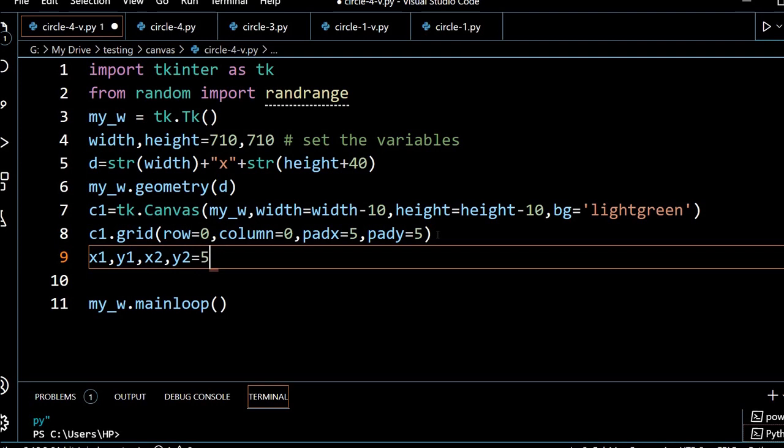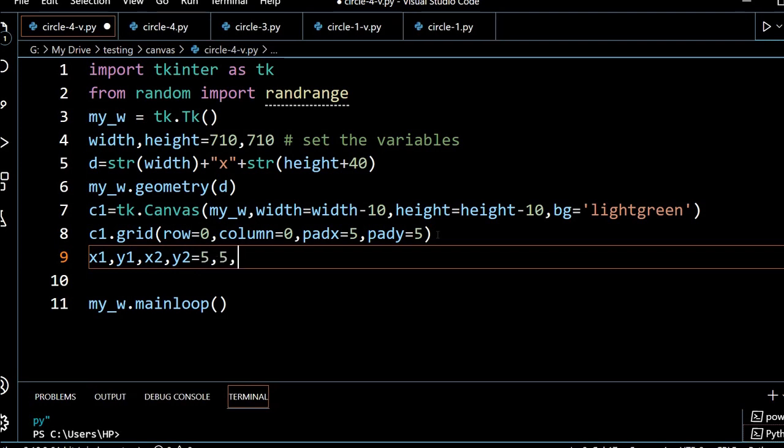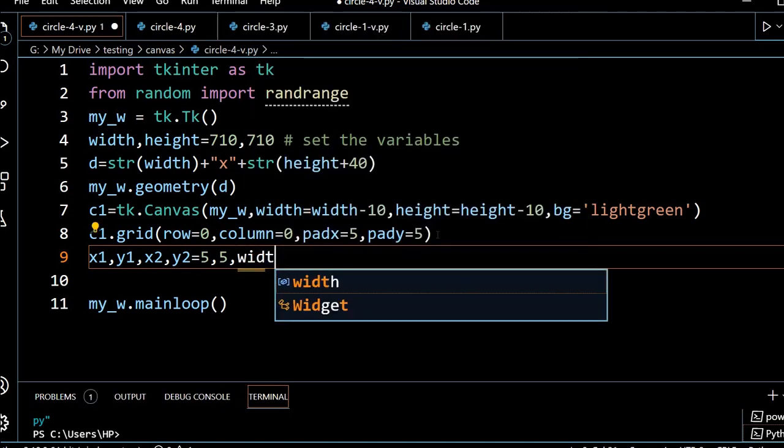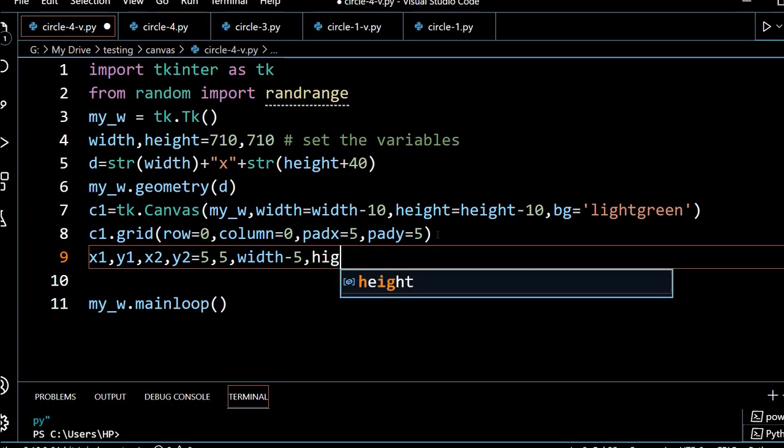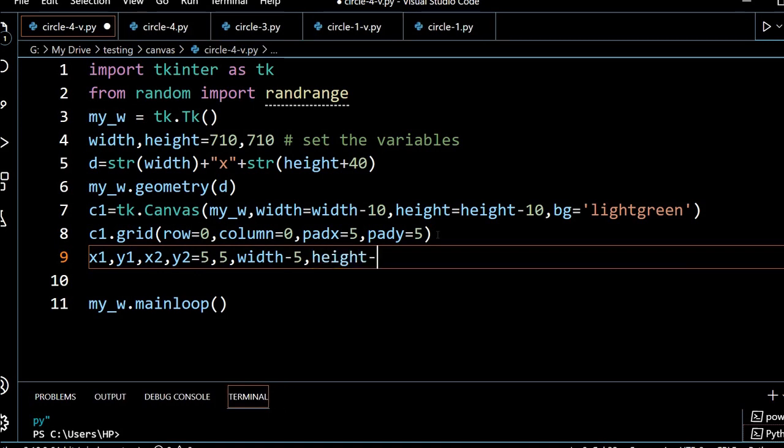Now let me start x1 and y1 with 5. Then we'll say x2 is equal to width minus 5. So whatever the width changes to, this will also change. That is why we are using it like this. Similarly, y2 will be height minus 5. This way we have got all the values.